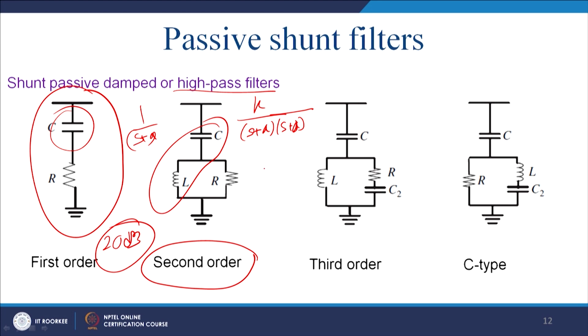So, it will have a complex conjugate, generally k over (A square plus omega square), this kind of entity, if it is an undamped quantity; otherwise, since you have added a resistance, it will be a damped quantity. The roots will be complex conjugate also, but you can split it like this, where the roots will not be the same. So, this gives you the 40 dB per decade decay of this high pass filter, a very sharp decay.